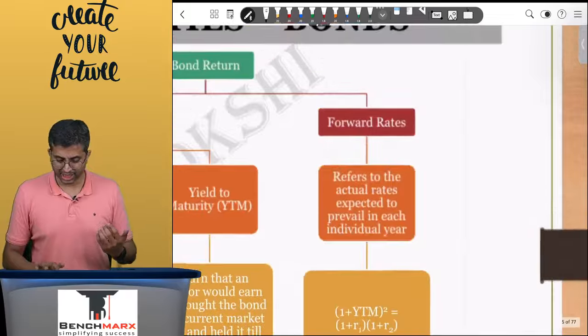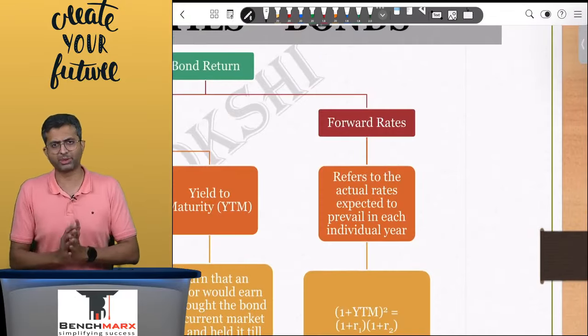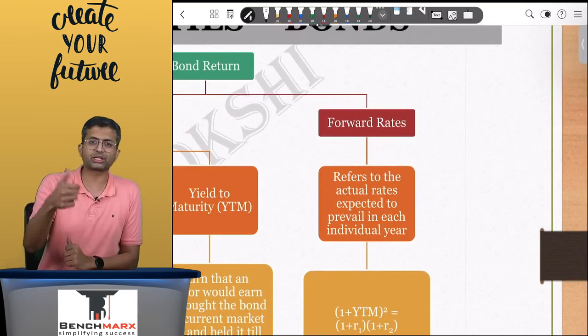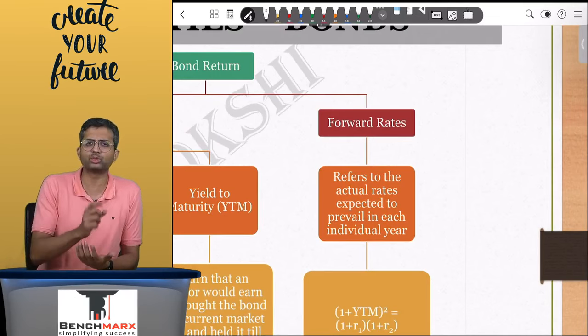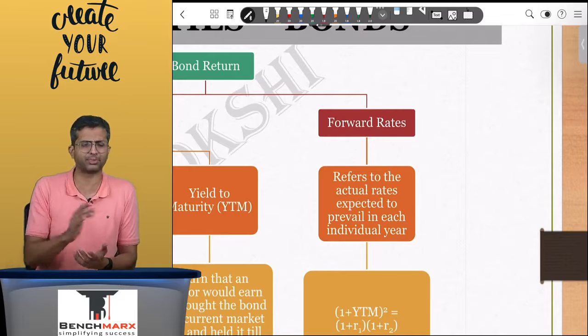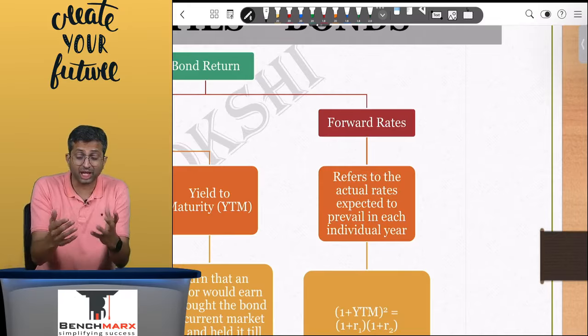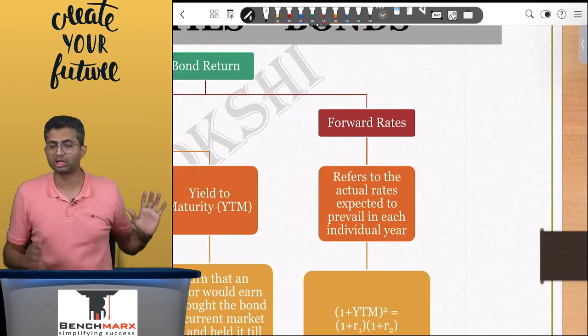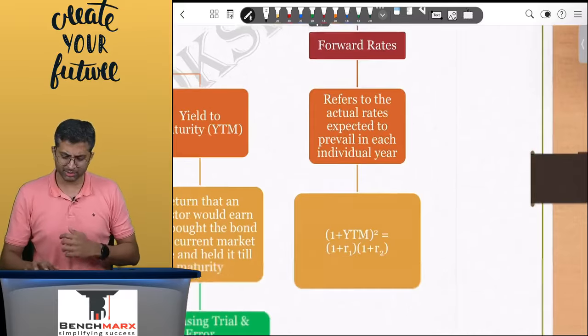Another concept which is there refers to forward rates, which you do in a lot more detail when you even do interest rate management. This is the rate which is expected to prevail in one of the future years. For example, you have been told that the yield to maturity of a 2-year bond is 12% per annum and of a 1-year bond is 10% per annum, which means if the question asks you to find the return for the second year, not over 2 years, for the second year, that is a forward rate, which is typically calculated